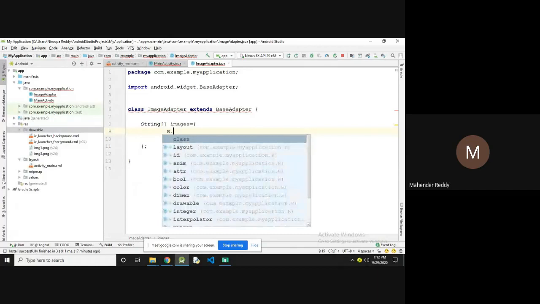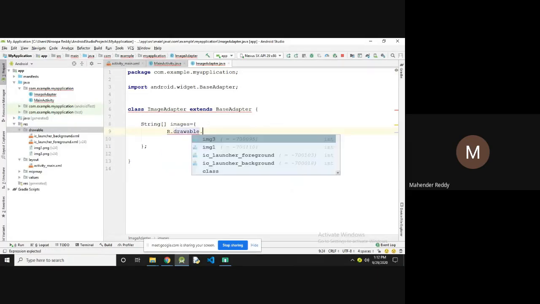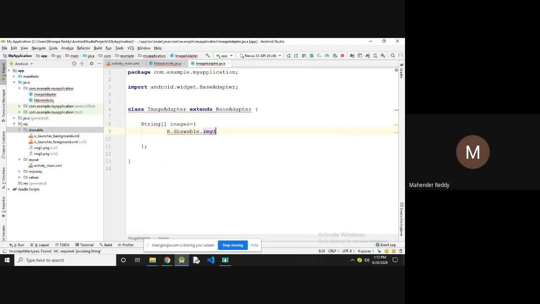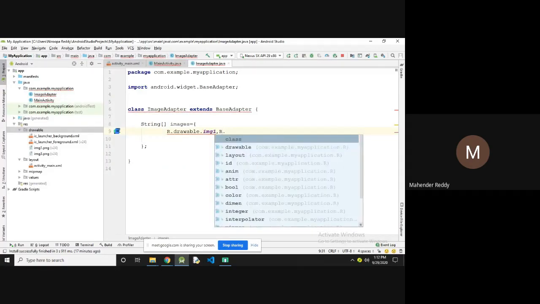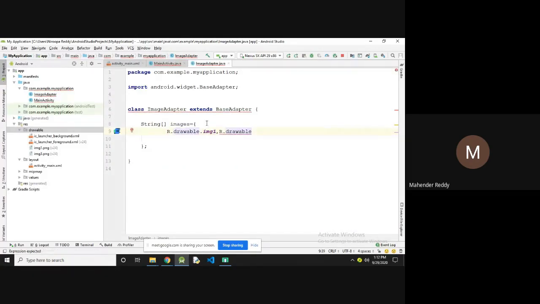So R.drawable.image1, comma, R.drawable.image3. So now I'm going to copy.